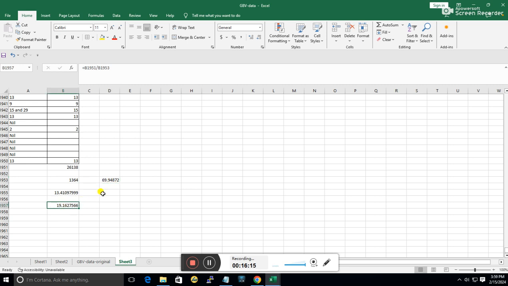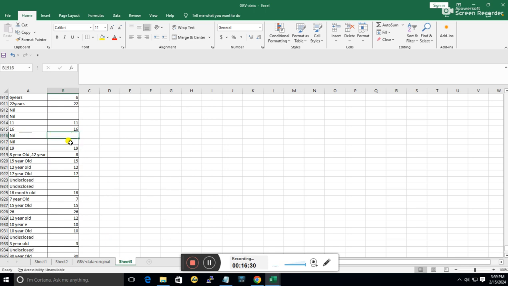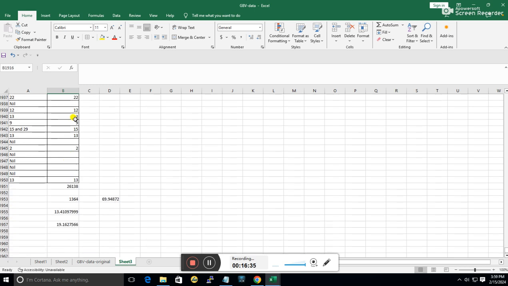But if you are taking 100% of the cases, irrespective of the fact that a lot of the entries do not have values, just like here, most newspapers specify that they are adults, so no entry was done, or some, like where you have nil, there was really no specific value inserted. So if you are taking 100%, irrespective of the fact that most of the cells are null, then we will have